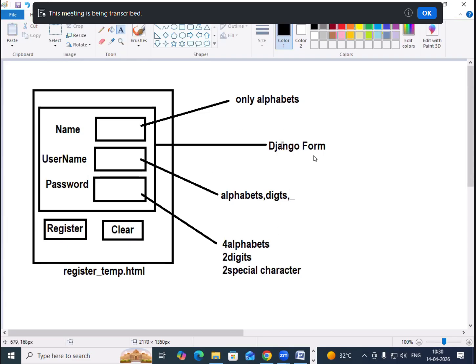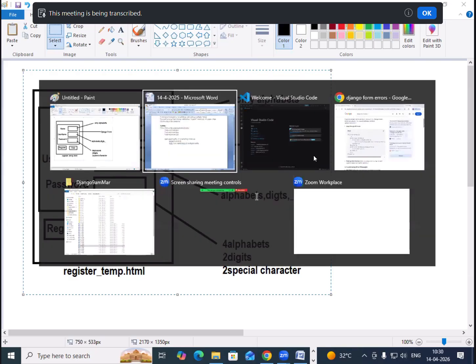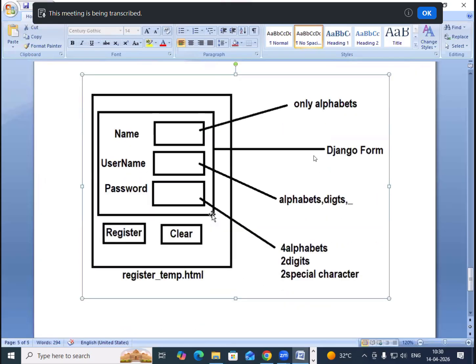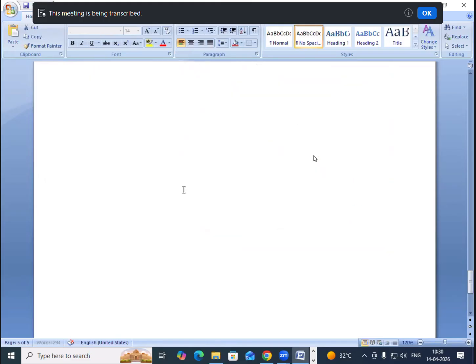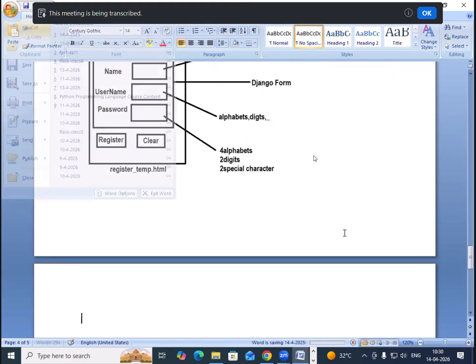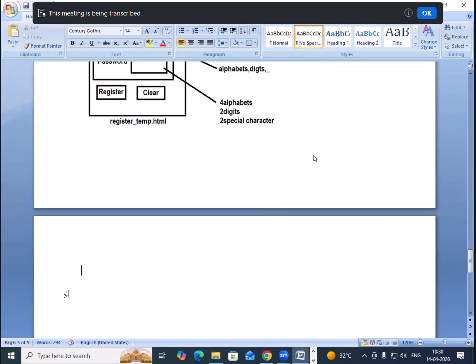Now, these validations, I want to do it, right? Yes. But all these validations, I want to do at which level? Field level or form level? Form level. So you are trying to check multiple fields, not one field, multiple fields. Okay, right? Then next,